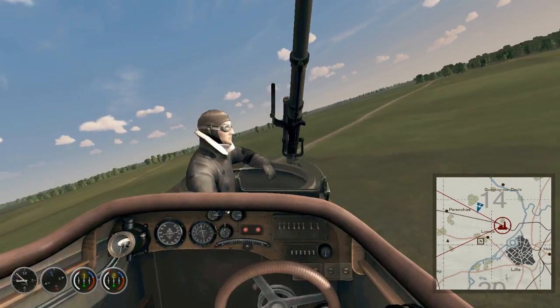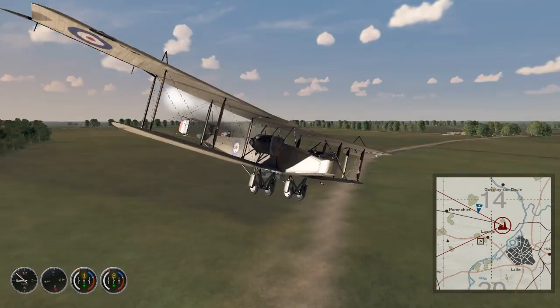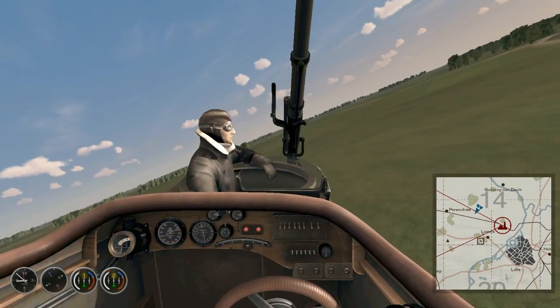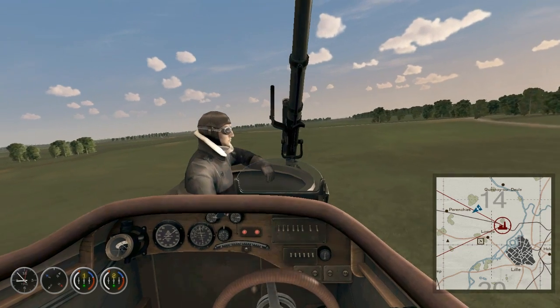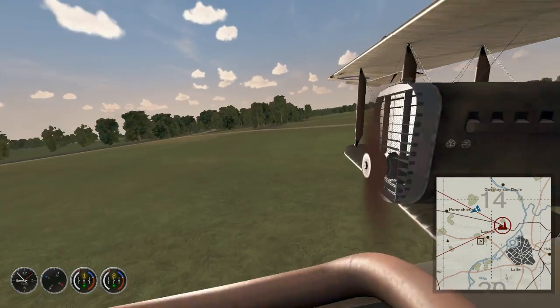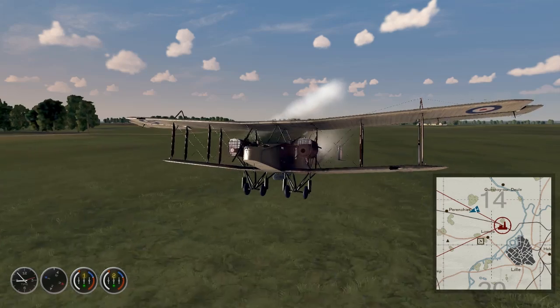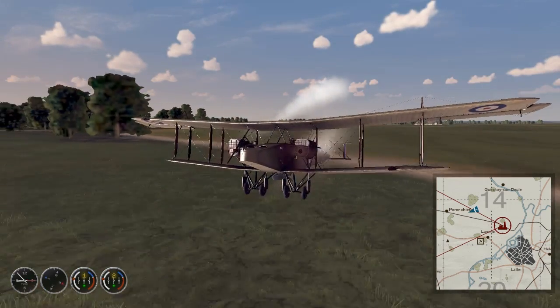Oh god, our engine's been hit. You know what? It's time to make a break for home, I think. Yep. We can come back later, except we're losing engine power. Oh, we're gonna be landing behind enemy lines today. Oh, crap. Yeah, we're losing power. Yeah, our engines, we're getting practically no RPM. We are landing behind enemy lines. That's not good. Alright, well...